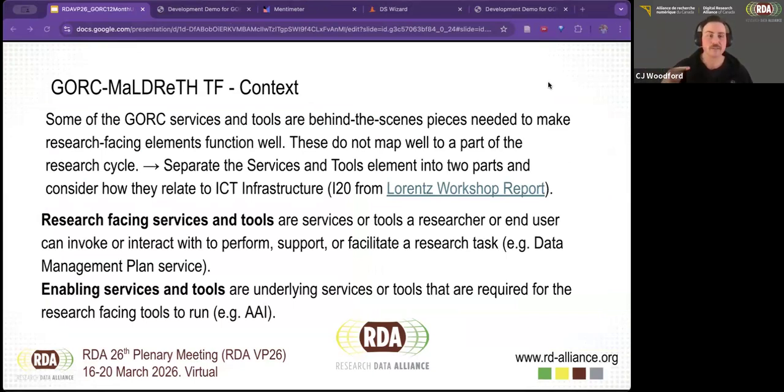So things can still be researcher facing, like the actual user facing, like a help desk, which I see as part of the chat, and we'll get to that here. And they would still be offered to the researcher, but they're not really helping them with their research. They're answering a particular question, or maybe you do have something that's about research methodology, but ultimately the researcher isn't actually doing something in the research life cycle by going to that help desk. That's a clear example that we were able to find to kind of hone in on these definitions.